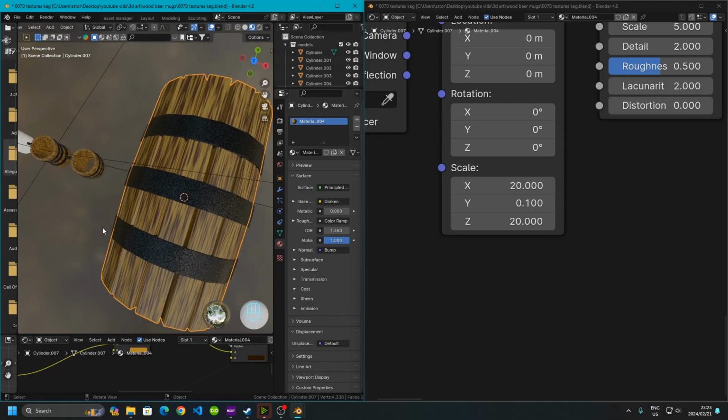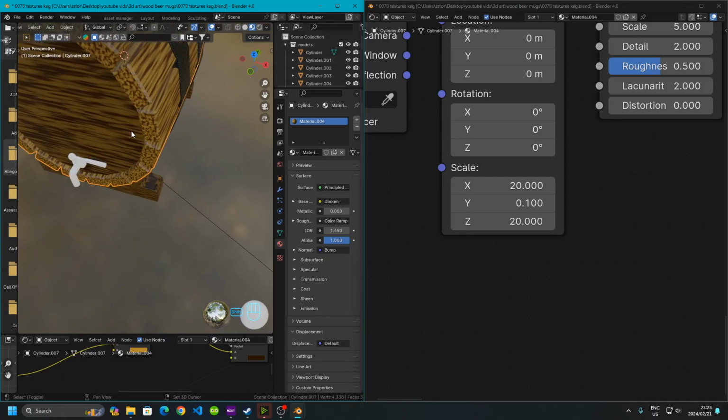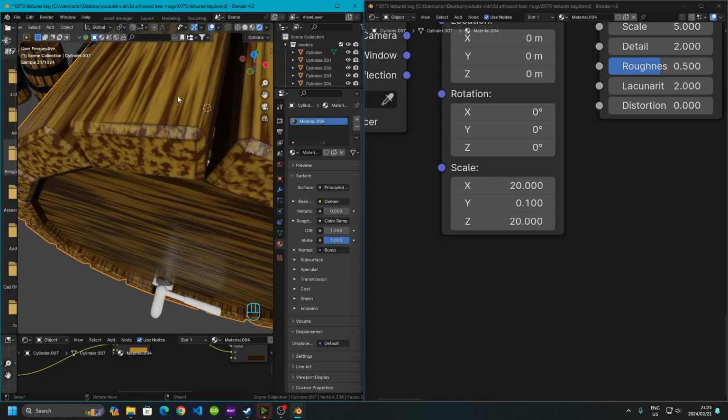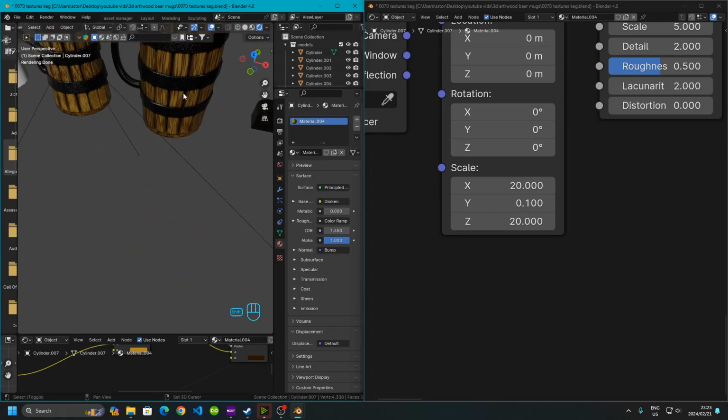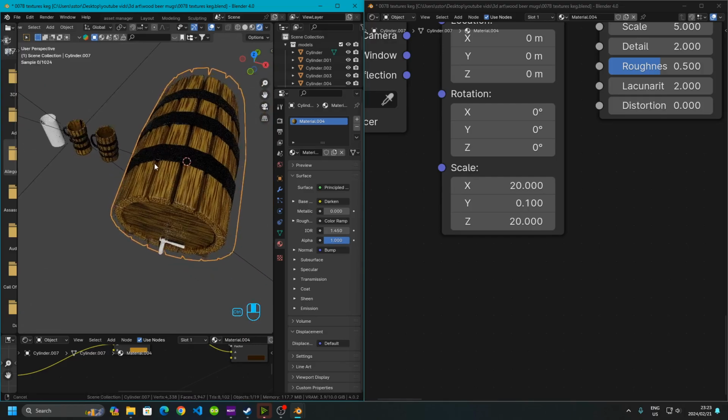When you bake these out later on, if you do decide to, I'm not going to show that in this tutorial, we'll do that in another one. You will then be able to also use the edgewear. At the moment you'll see our edgewear isn't working as nice as it did for the cups, but that's just due to the scale of the object. To fix this,